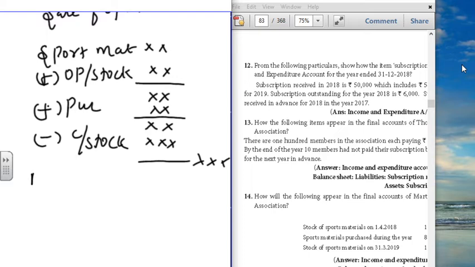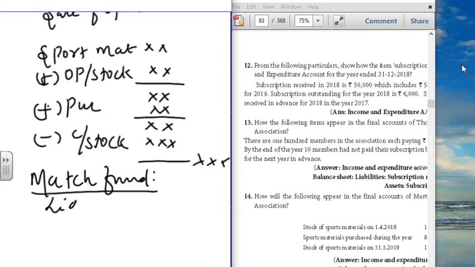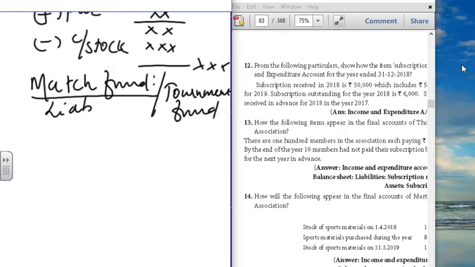What is the key point to be noted for the match fund? When it is going to be a fund, it will appear only in the liability side. Match fund, tournament fund. If it ends with this word, it appears only in the liabilities side. So when it is going to be a liability side, the method is match fund,